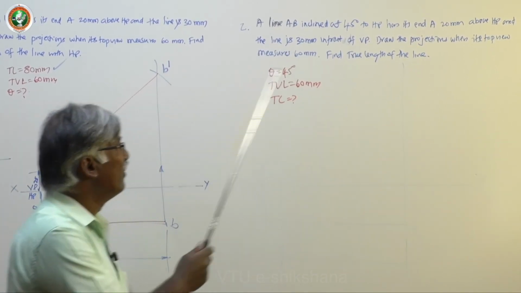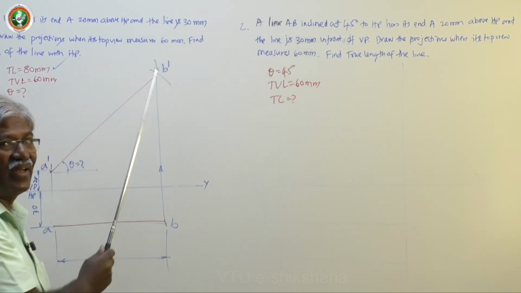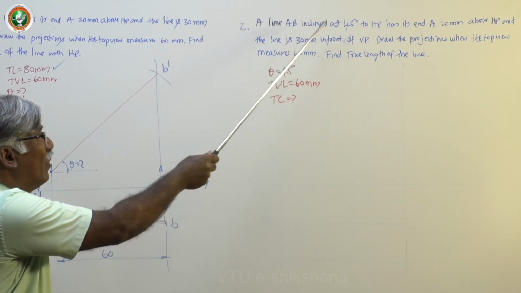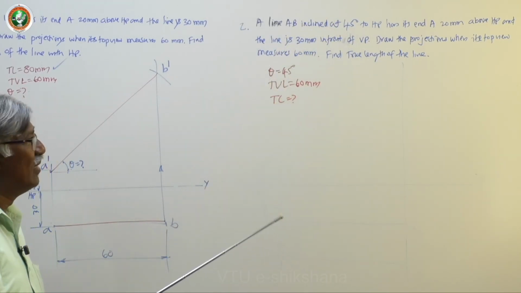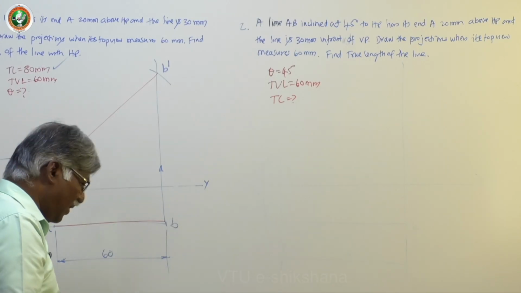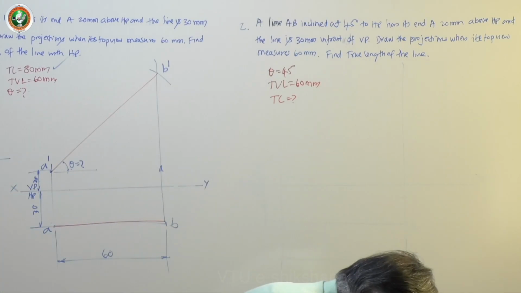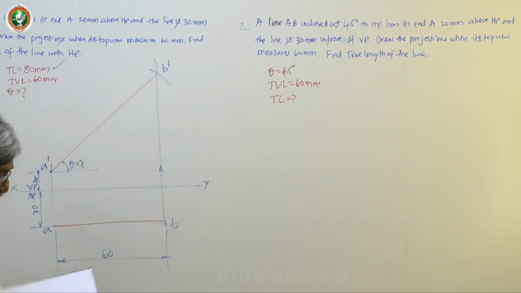It is very similar to this, except that the true length is not given here. True length is missing here. Angle theta is given, top view length is given, and we have to find out the true length. Okay, so now I will show you the situation, how exactly this line